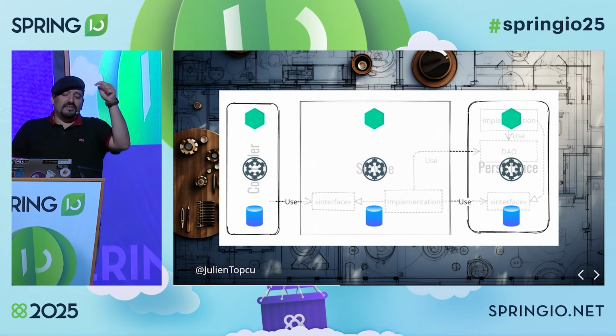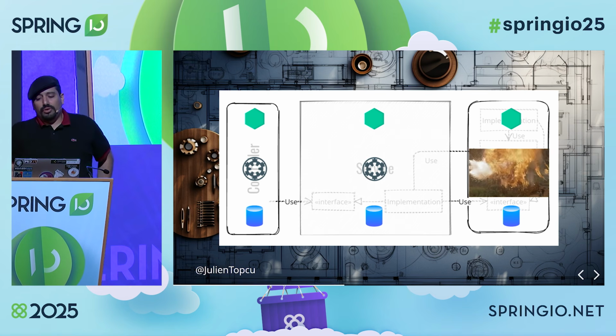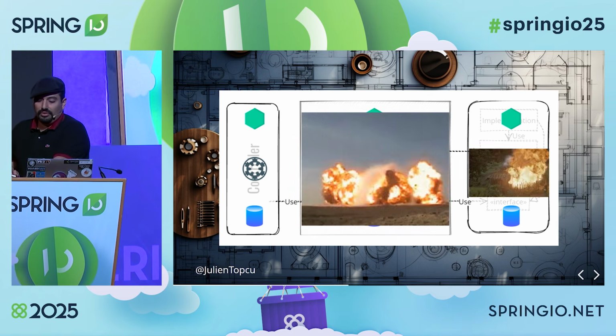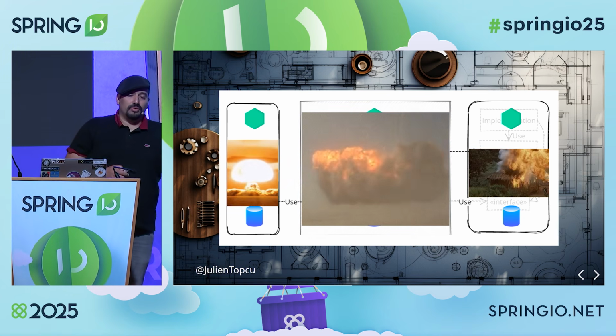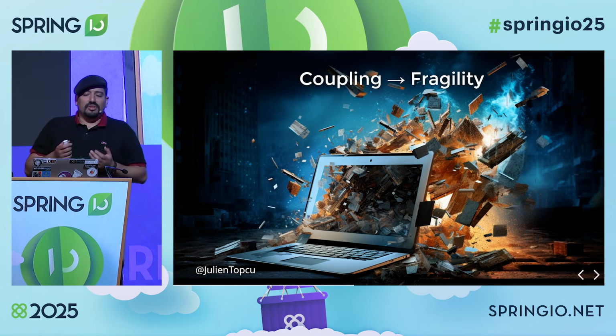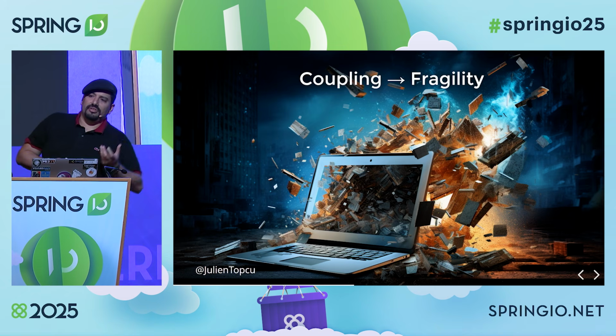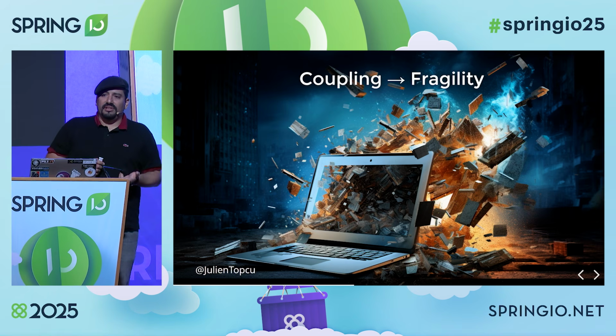And furthermore, because this is a cascading architecture, if you have any trouble in the persistence layer, like a compilation issue, you will have the service layer that will fall with it as well as the controller layer. So we have a chain reaction of errors. So it means that with time, you will have too much coupling with that architecture because what is missing is isolation here. It will bring you a lot of fragility.